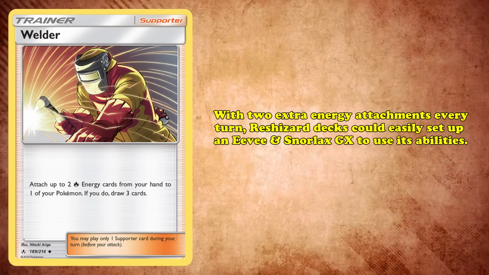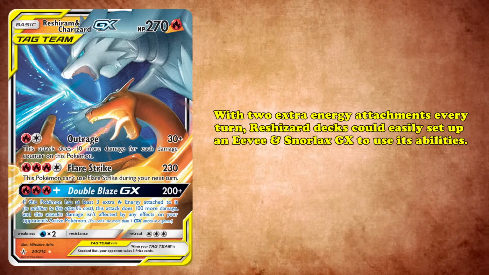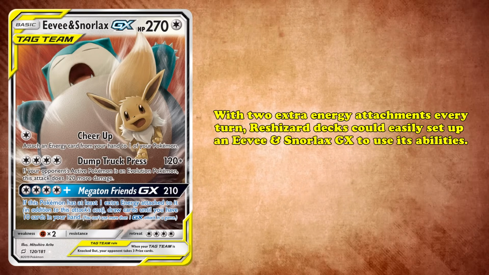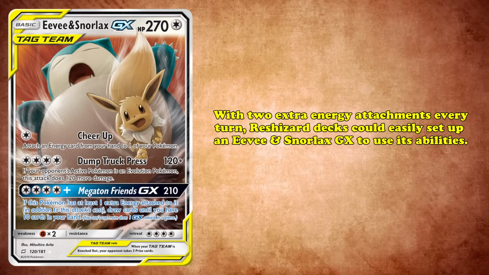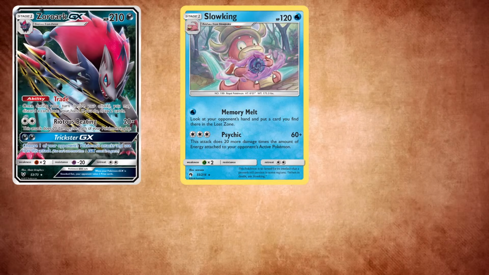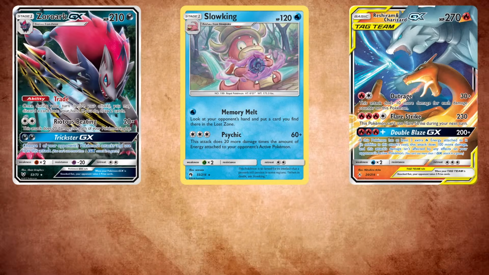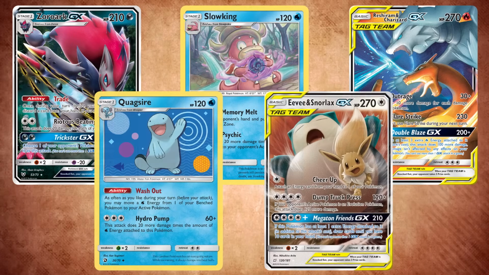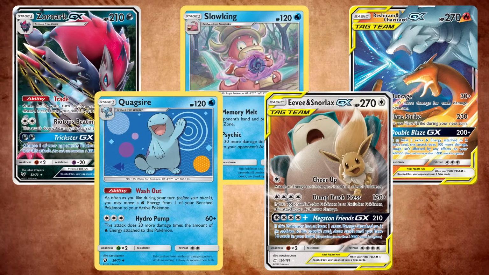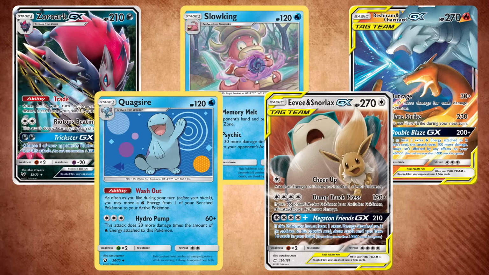With 2 extra energy attachments every turn, Charizard decks could easily set up an Eevee and Snorlax GX to use either a Dump Truck Press for high damage, or Megaton Friends GX to draw lots of cards. With many Zoroark variants using Slowking to one-hit KO the water-weak Reshiram and Charizard GX, and the occasional Quagsire deck present in the metagame, having access to a colorless attacker that avoided typical means of countering Reshiram decks was